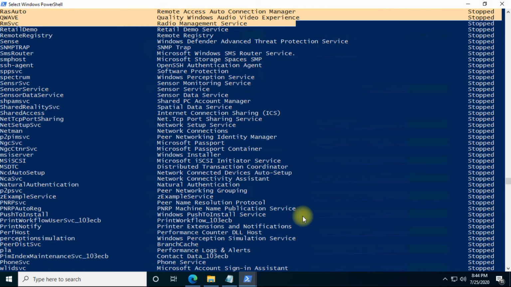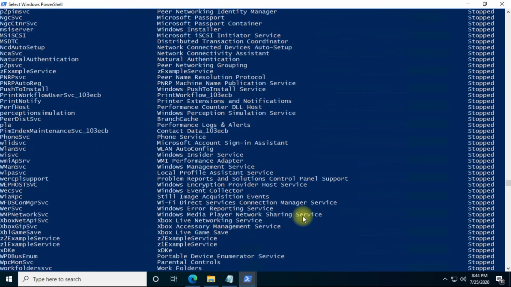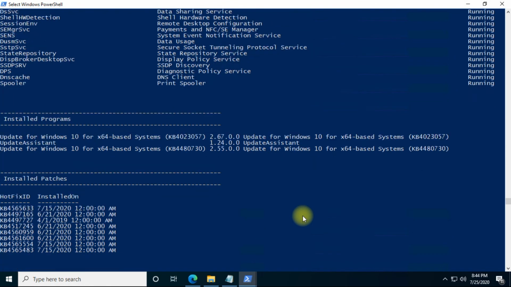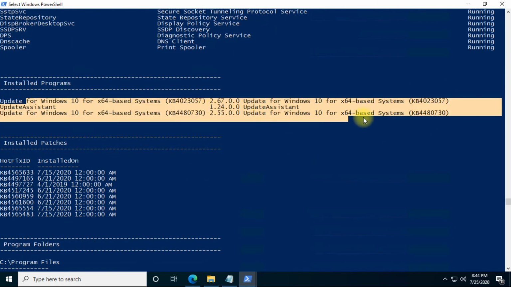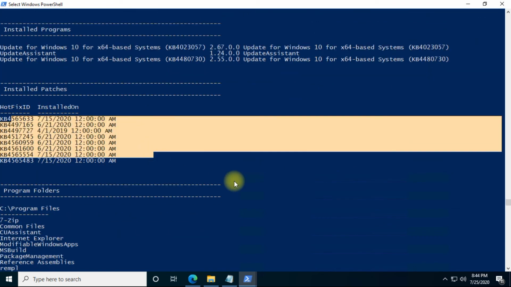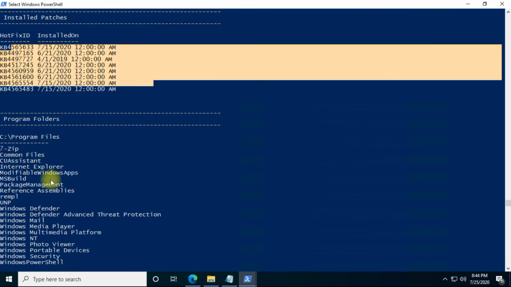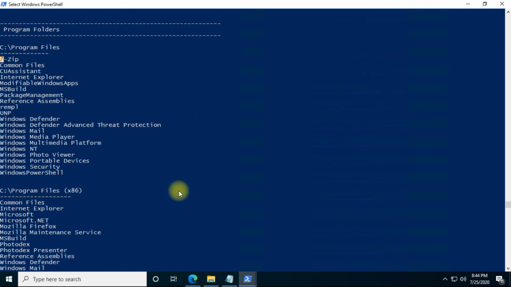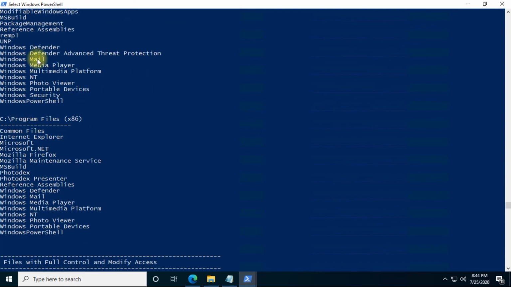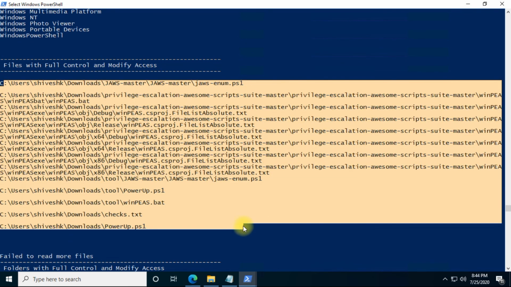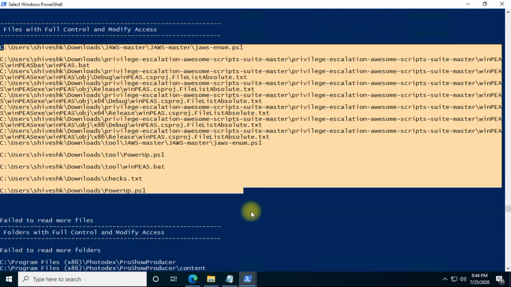It depends on the KB IDs only, what patches are present on the system, what tools are present. I can say program files, built-in, or whatever tools we have installed on our system, accordingly we can get that. We can even get details about directories where we have full rights to modify. Everything else is similar to what we get in the case of WinPEAS also.